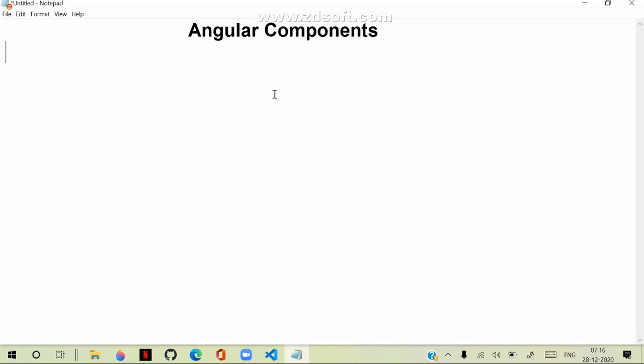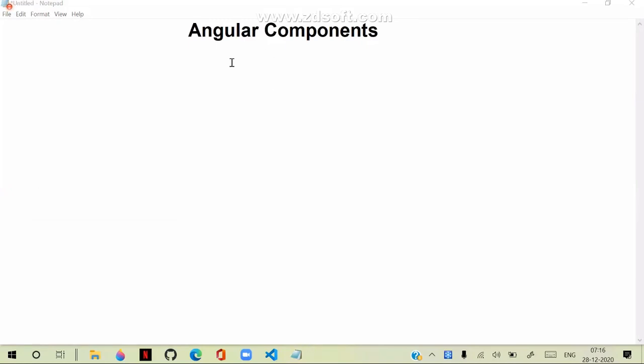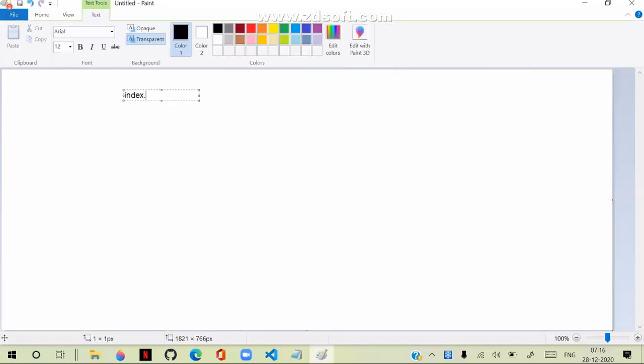As I already told you, Angular application is a single page application. So usually it is a single page application, means whenever you start the application, you will get index.html.